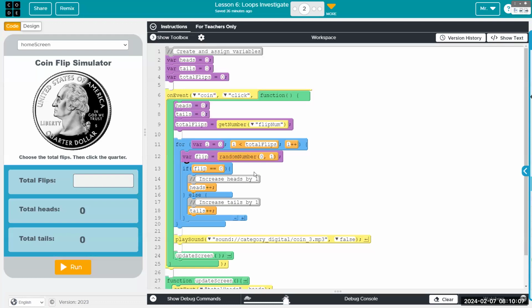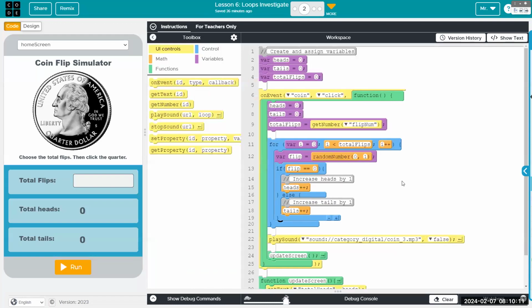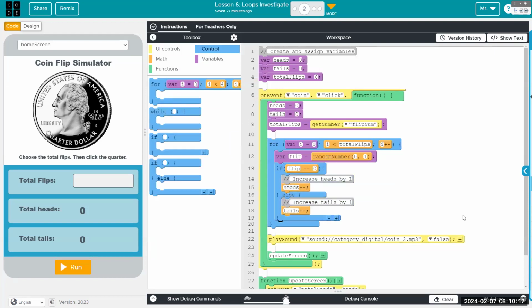And then the conditional, which both the loop and the conditional are blue blocks, which I guess they're related if you count controlling where the program runs to. The conditional here, the if else: if a 0 is returned, heads goes up by 1.